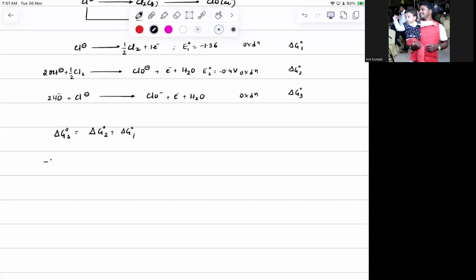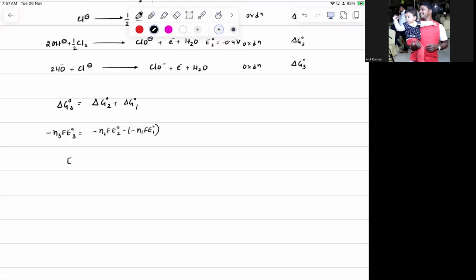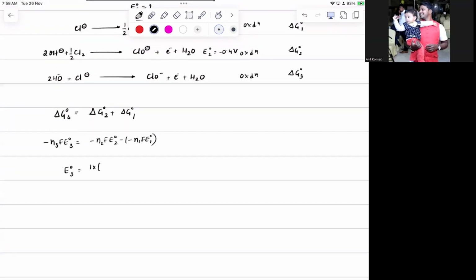So it will be minus n3 F E naught 3 is equal to minus n2 F E naught 2 minus of minus n1 F E naught 1. So that minus will get cancelled. So E naught 3 will be equal to 1 into E naught 2, E naught 2 is minus 0.4,